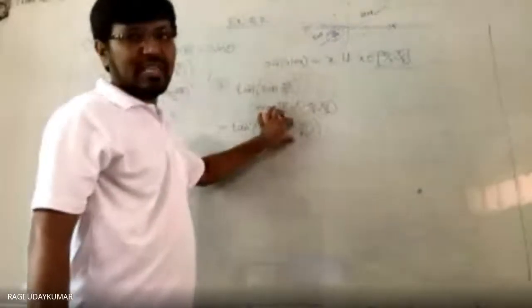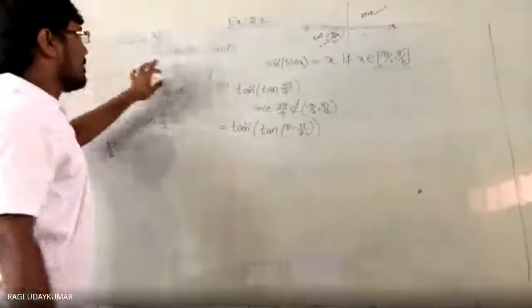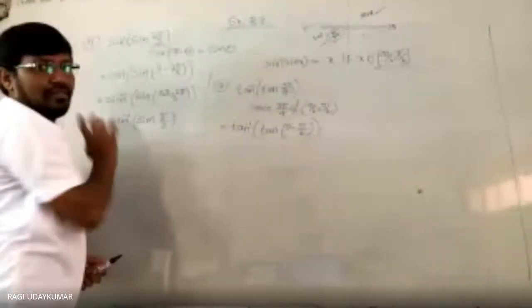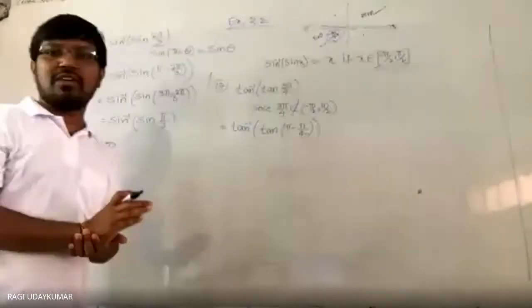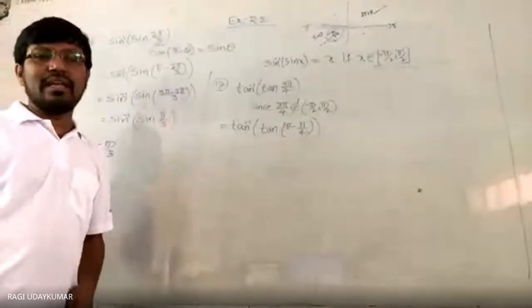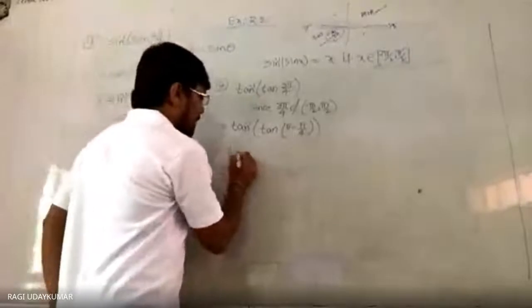So I changed 3 pi by 4 like this. Here it is different. Here I am using the identity to change it. Now when we simplify both, this new one came. So the next step here is completely different from that one. These two need to be compared very clearly. So now what do you get here?